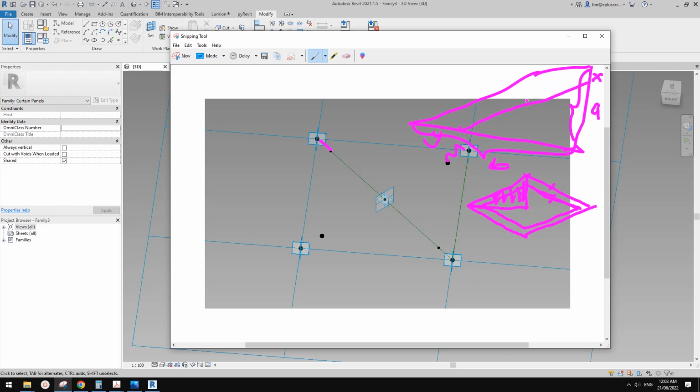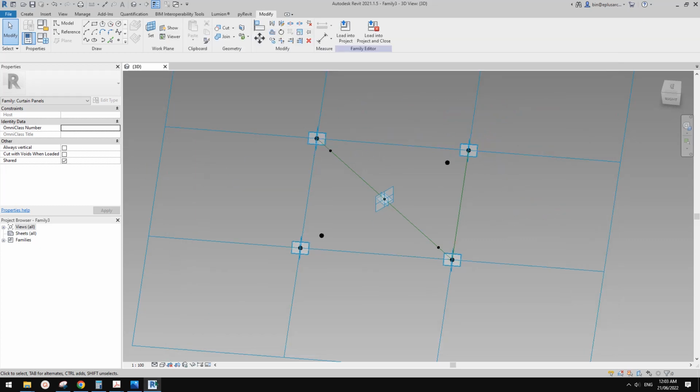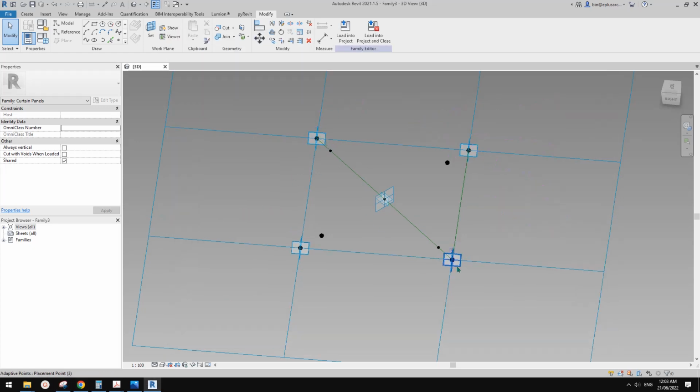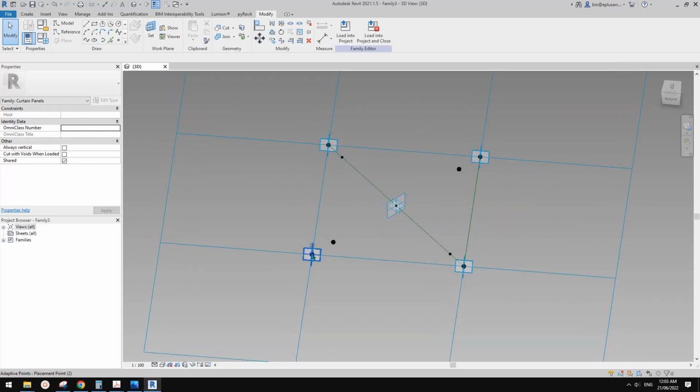To achieve the parallel, x minus y equals a minus b. Okay, so in this family, a and b, we can get a minus b using a reporting parameter. So we just need to